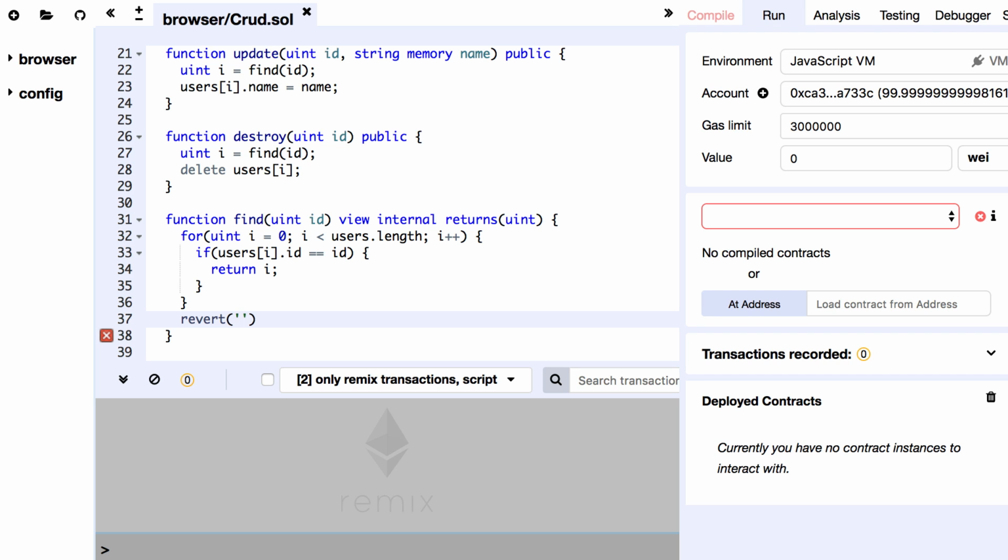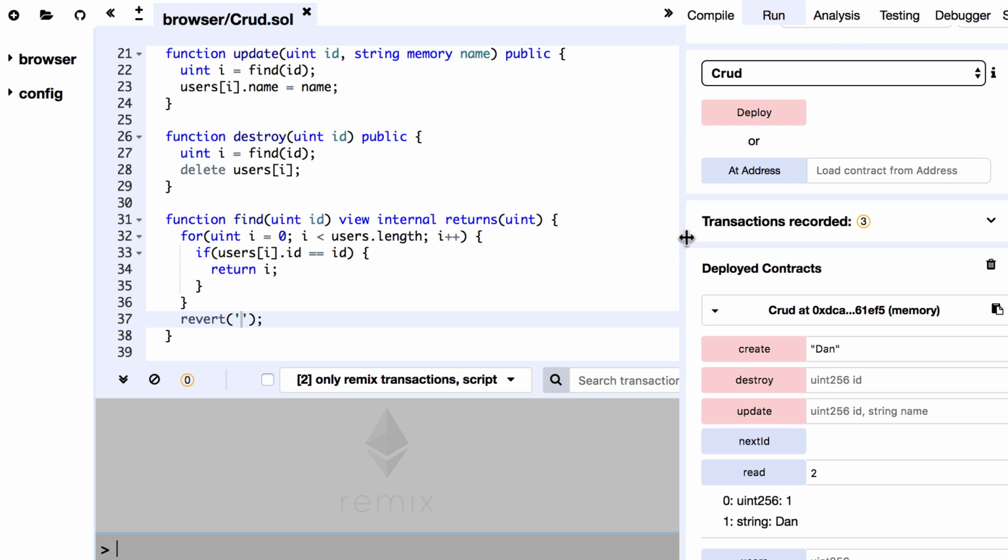The execution of the program stops and you'll see a message that tells you that something went wrong. Also, if we were in a transaction, any state change to the blockchain is cancelled. And finally, all the gas that would be used up to the revert call will be consumed. When you call the revert function, you can pass a string argument to indicate the reason for the